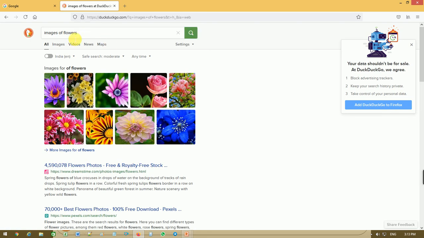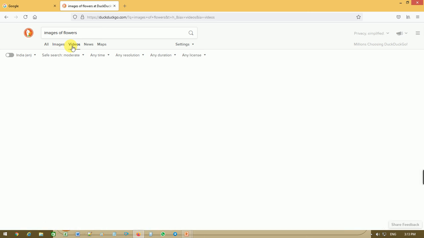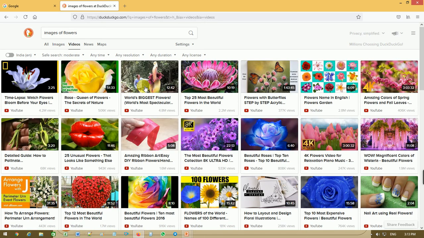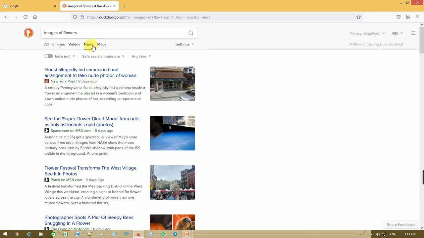And you can see, if you require images, you can click on images and you will get the images. If you require videos of flowers, then you will get the videos of flowers. So these are the things which are available in your search engine.